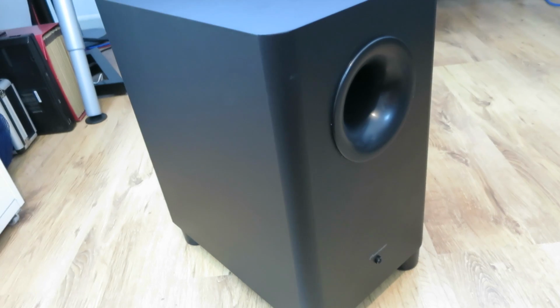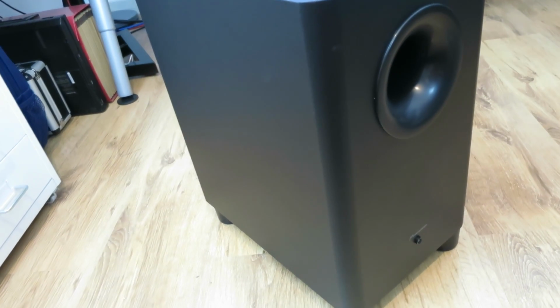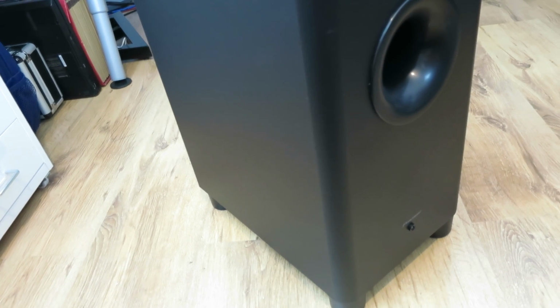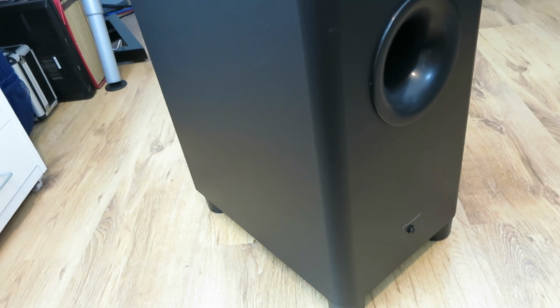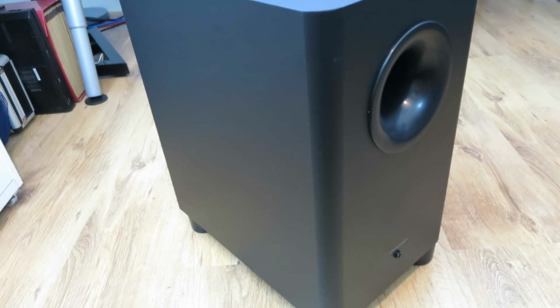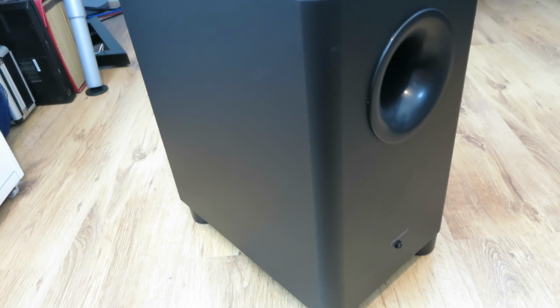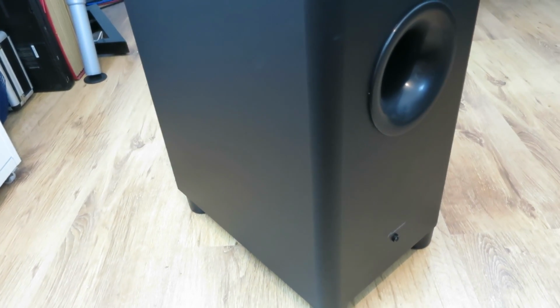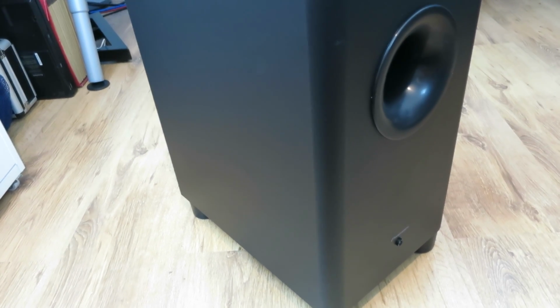For us in the pro cinema world, the crossover point is drastically low. The subwoofers only cover a very low end of the spectrum because the mains are such large speakers as well. The subs are 18s and the mains are 15s and 12s, so they can handle quite a lot of low end themselves, which also helps with effects as well, because you'll get a bit of direction